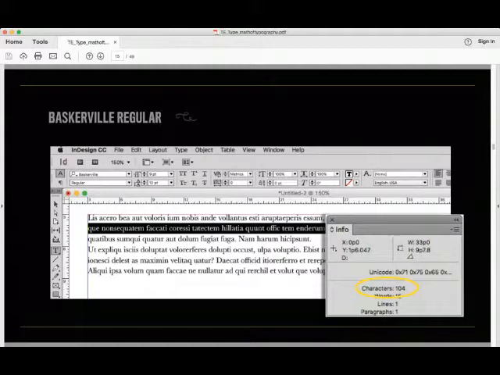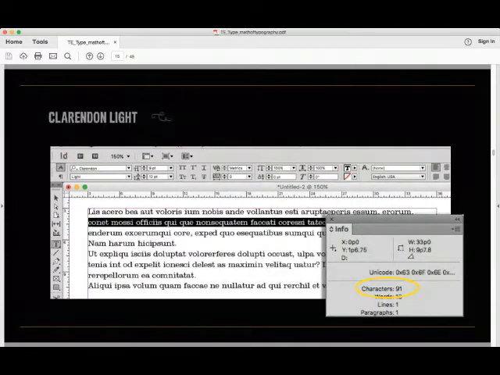So we start trying other typefaces that aren't so small or large. If we set a wider font like Clarendon light at 9 points, the line length ends up at 91 characters. So we're getting closer. Again, a little bit too long, but there are fewer characters per line because the character width is wider than Baskerville's, okay? So what I'm trying to say is that it depends on the typeface. It always comes down to the typeface. You've heard me say that many times. And what point size you're using, okay?